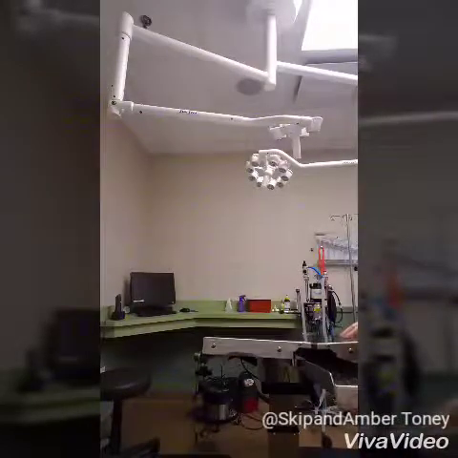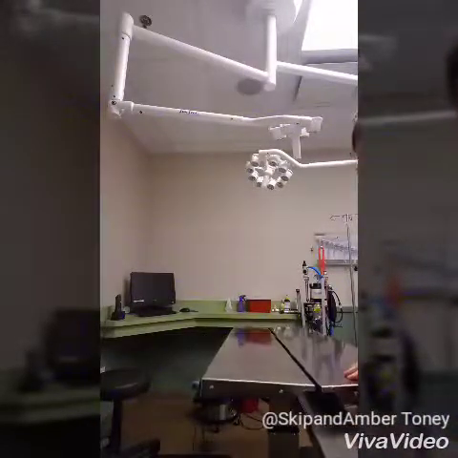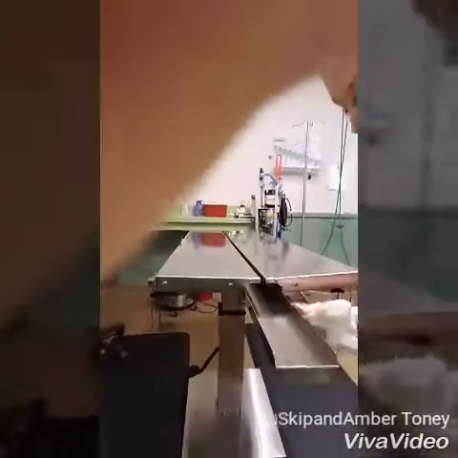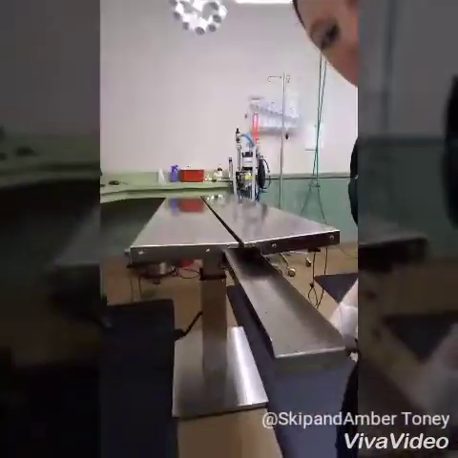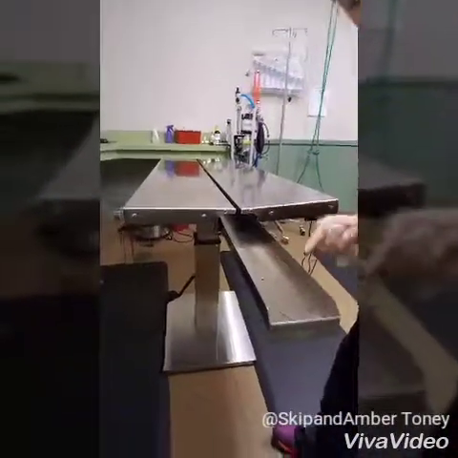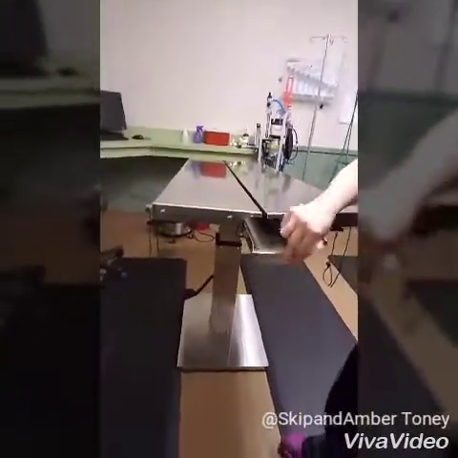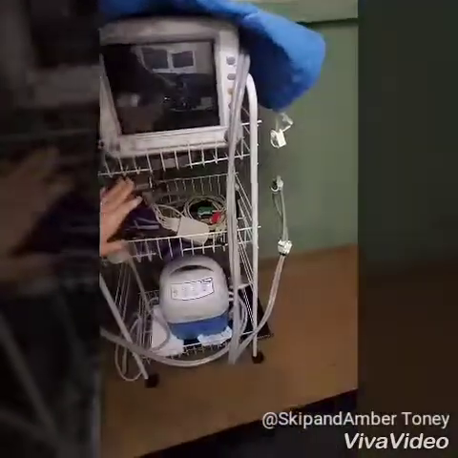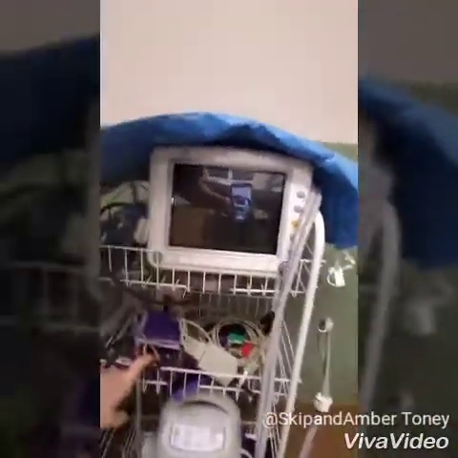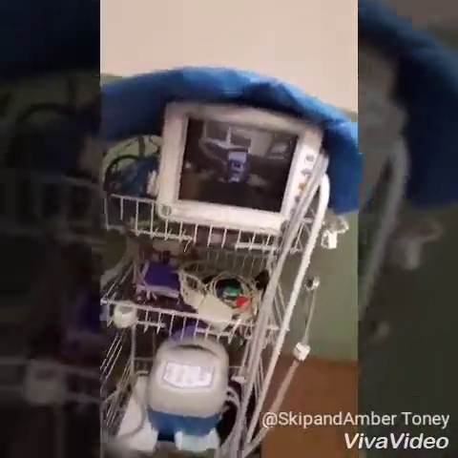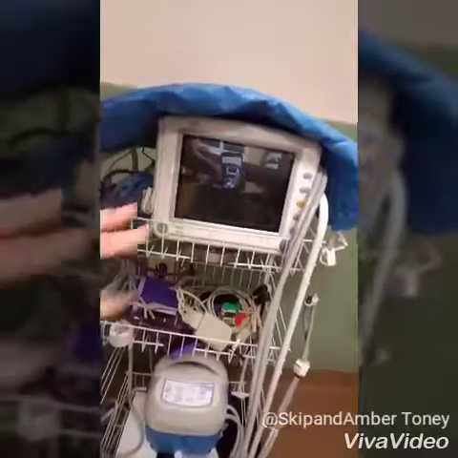So this here, you just want to remove it. This tray right here, you want to remove it and clean all of the debris out from inside here. You want to make sure all of your leads and your equipment you are using to monitor is wiped down with alcohol and cleaned, and any blood or anything is cleaned off of that, and you want to make sure it's put back correctly. Any sharps,